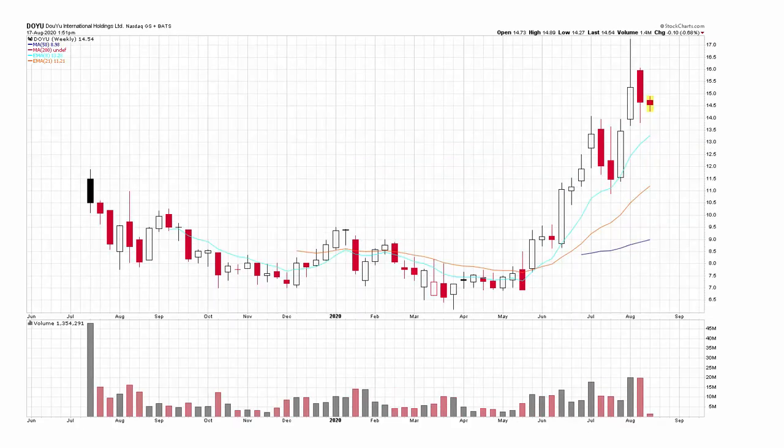Let's now do an update, and here is the weekly again. So that consolidation area was right here. I said if it can consolidate there and then break out, there it goes, and that's what happened. Okay, the stock has rallied from the nines up into the teens here. So what looked kind of sloppy on the daily actually showed on the weekly that, hey, this is a